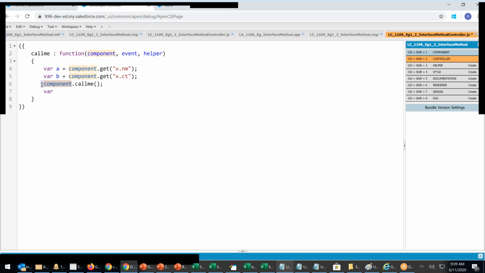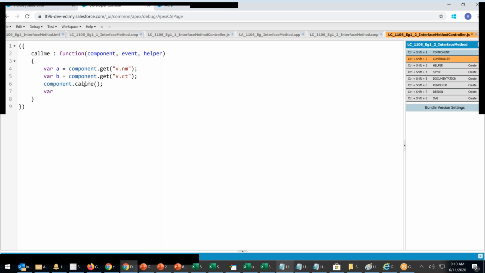The component name was identified as an aura ID. It is in the child component, and I'm calling it in the parent. When I'm calling the child component in the parent, I'm declaring an aura ID. That component, I'm using the aura ID dot call me. That is what we did.